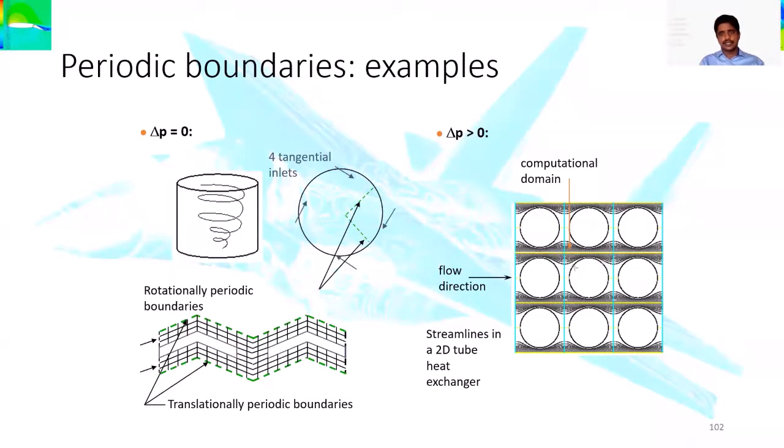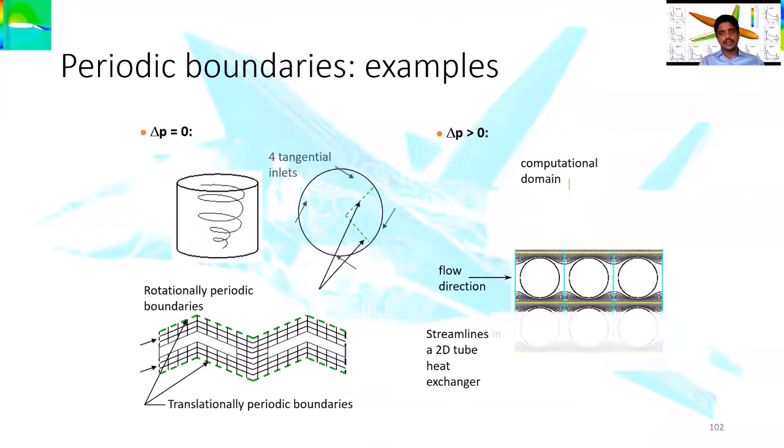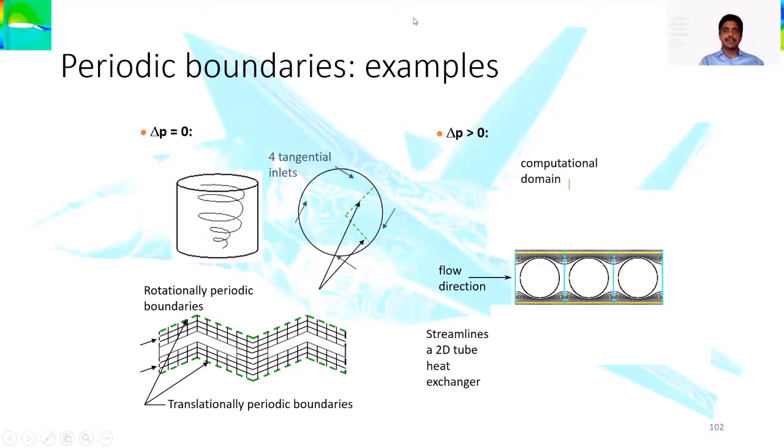You may say, sir, if I consider only this one, is it good enough? No, because although adjacent cylinders are available, this cylinder does not have an inlet at this point. So I can't consider this cylinder alone. If I consider one, there is again an interface with the other cylinder. So it is better for us to consider the periodic boundaries like this. This one and this one.